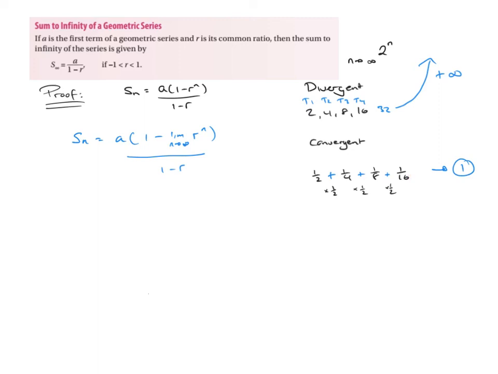Okay, now, as this gets bigger, so if we look at this particular one here, as we make n very, very large, so if I say a half to the power of n, because this is my r, remember r is equal to a half, and I make that very, very large, so I'm going to take the limit as n heads towards infinity, what's going to happen is a half to the n is the same as 1 over 2 to the n. I'm going to take the limit of that, and as n gets bigger and bigger, that means we're essentially sharing a pizza between more and more people. So you can see I've got 1 pizza, so when n is equal to 1, I've got 1 pizza between